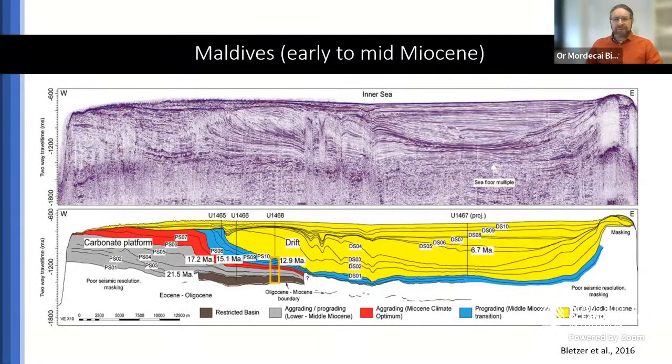Site U468 is situated in the inner sea on the slope of the ancient Cordova platform. And it's a very fortuitous location for us because it is, on one hand, close enough to the platform that it allows us to trace what's going on with neritic productivity. But on the other hand, it is far enough that we can also see what's going on with pelagic productivity.